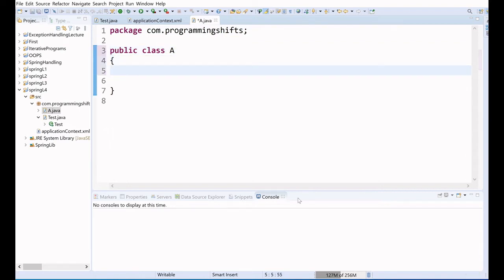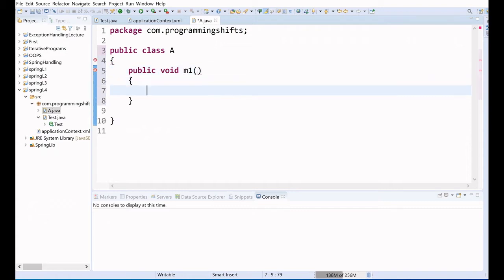The method name you can give anything, right? Let's see, I am going to write a public method that will return void, nothing. I am giving m1 as the method name; you can give any name as per your naming convention. I am giving a console message here, System.out.println, and I am passing: this is an actual business logic.